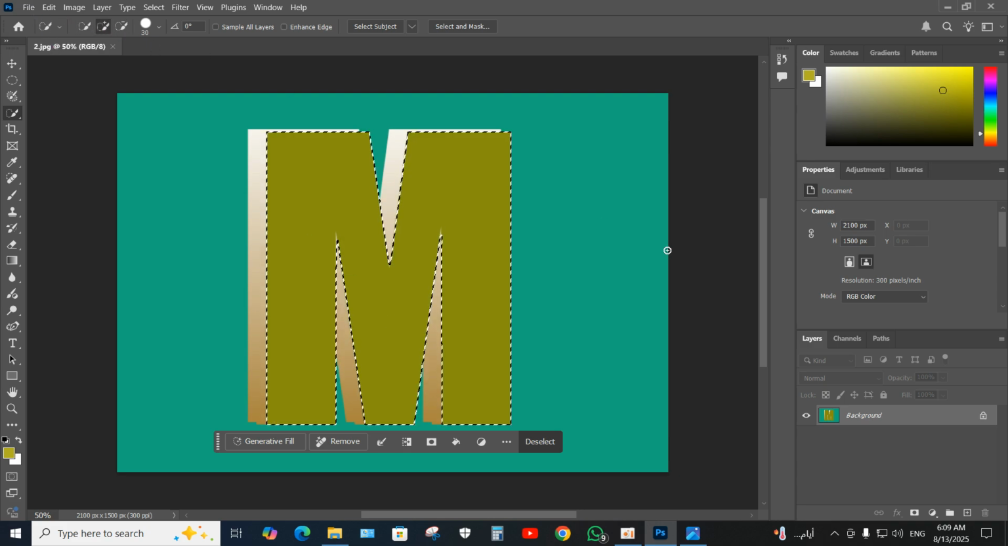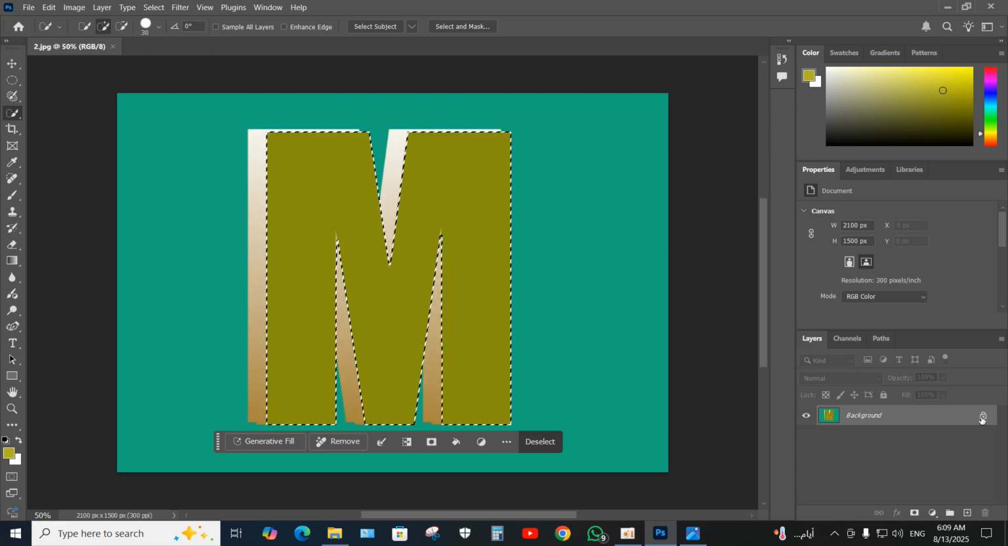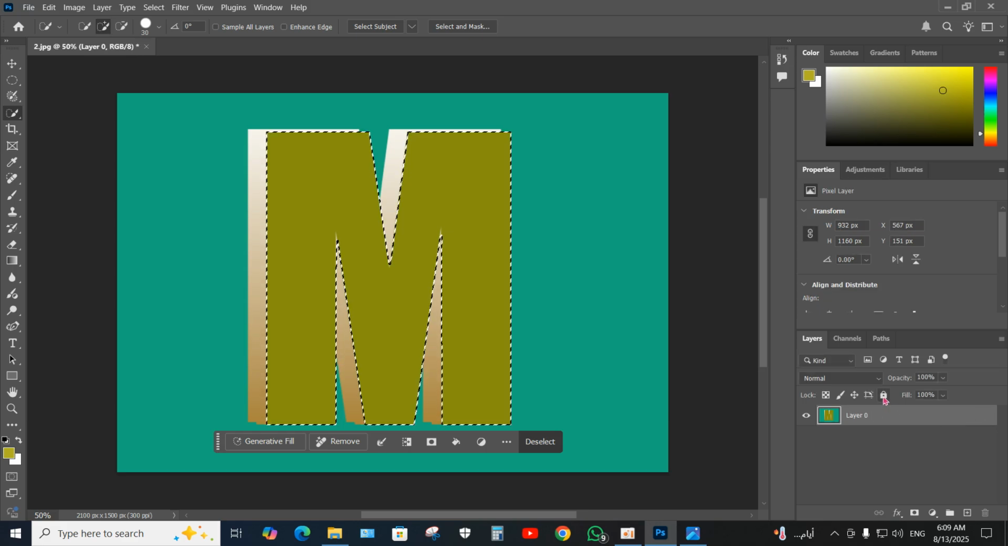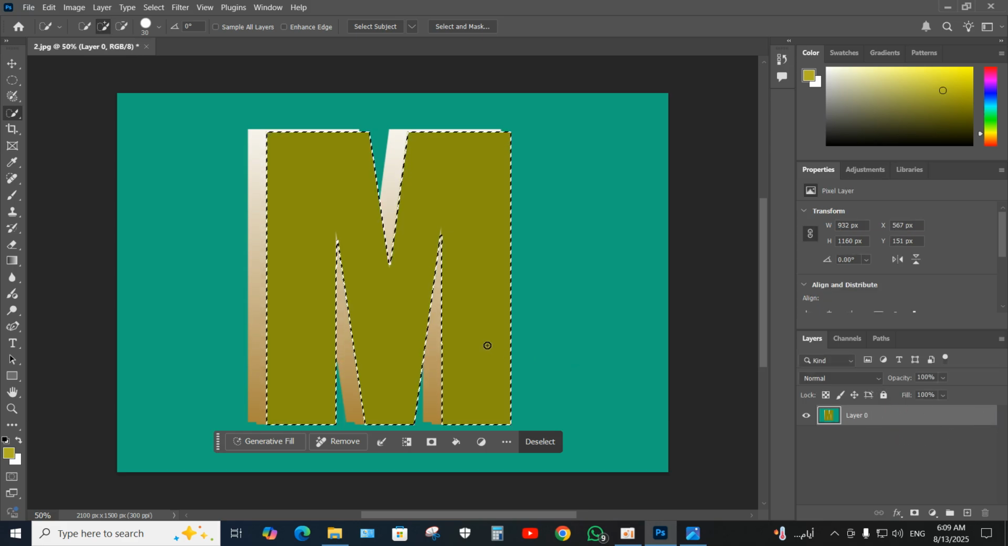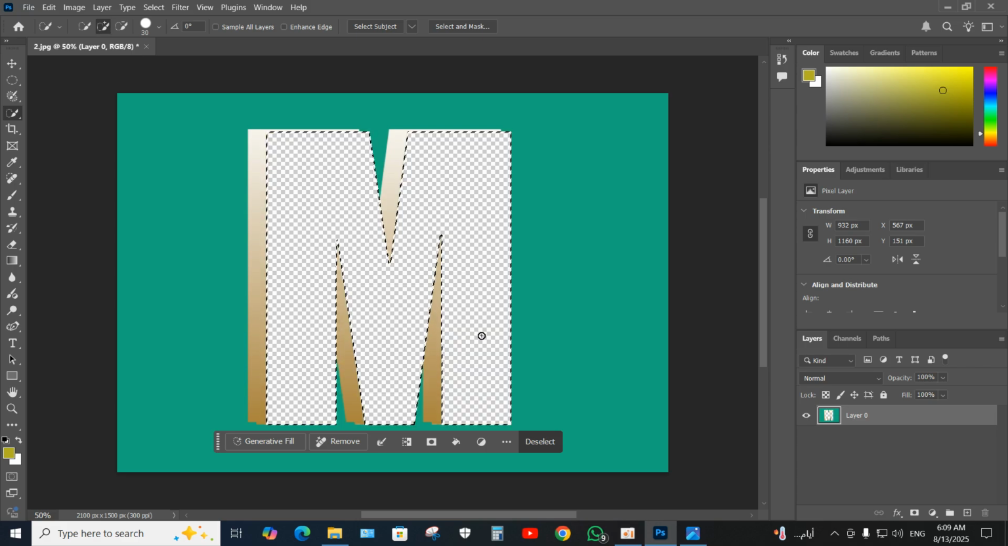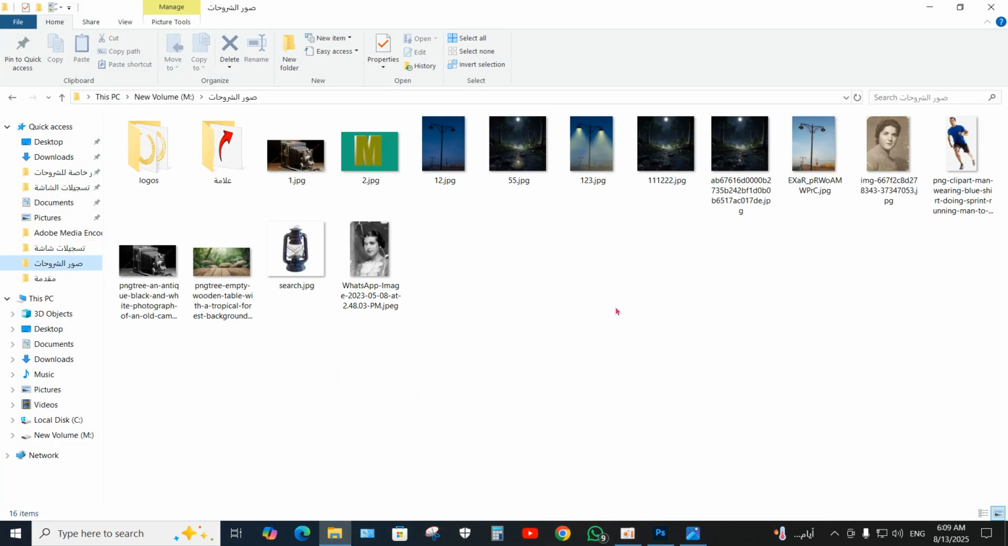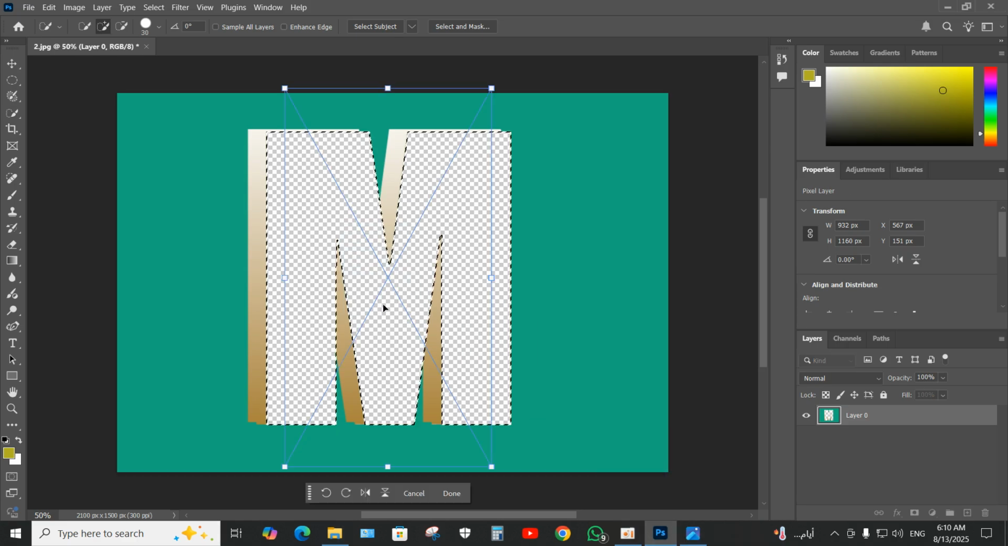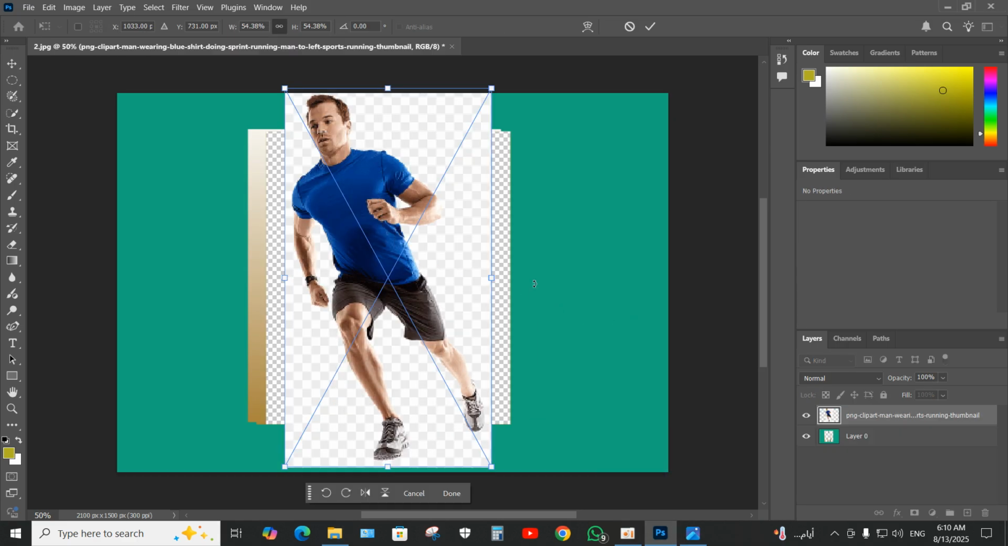so now unlock in here, press the lock symbol to unlock the background and press the delete button from your keyboard, and now go to selecting the person picture and move and drop here. Okay, now when you drop it here,